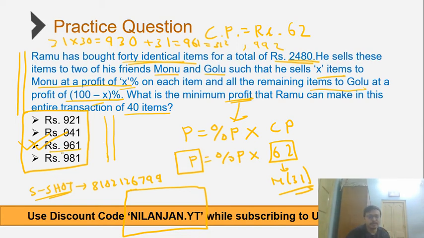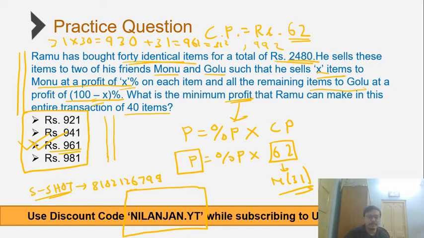So all you needed to do was look at which of the options are a multiple of the prime factor 31, or have the factor of 62, which is 31, and you'd have got the answer. You didn't need to waste the time trying to form an equation in x and 100 minus x, then solving it in the form of a quadratic, then doing a maxima minima. All that effort was not required.